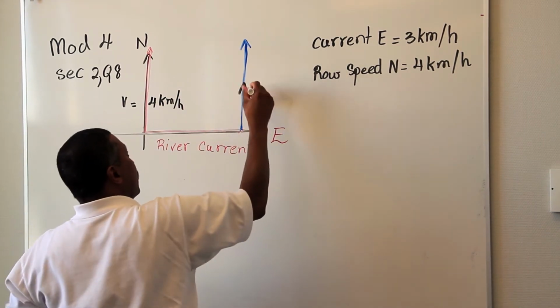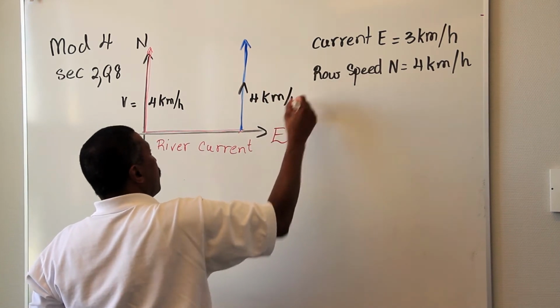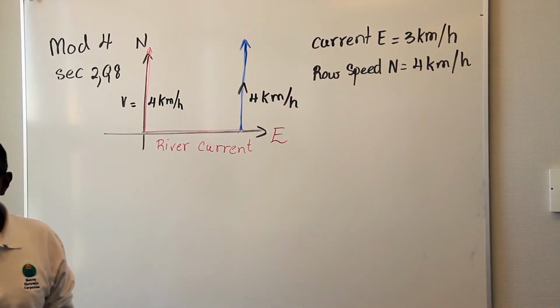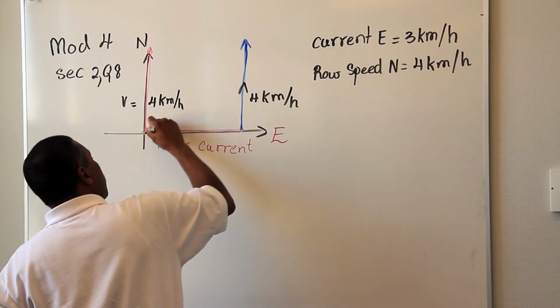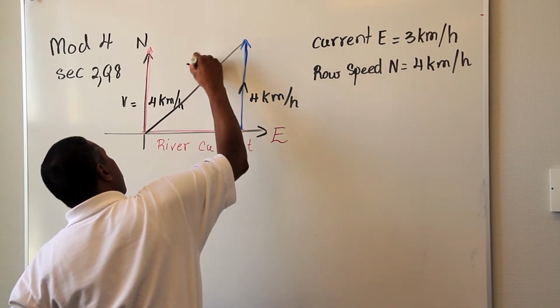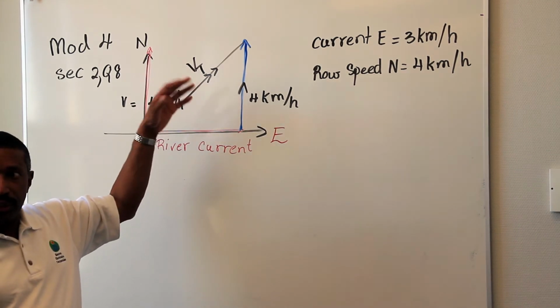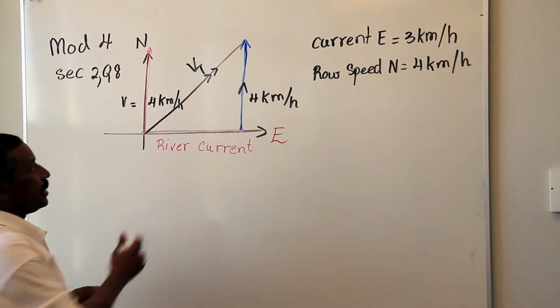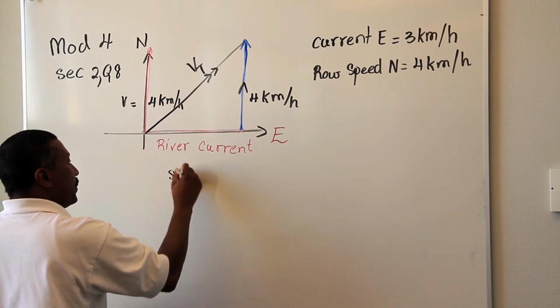So officially, this is also the 4 kilometers per hour in our vector analysis. And what do we know? That combining these two terms will create a net velocity vector, which I'm calling v sub t, or the total velocity. And you can simply see that by Pythagoras,